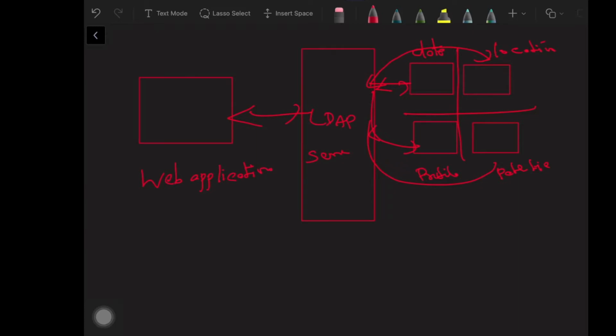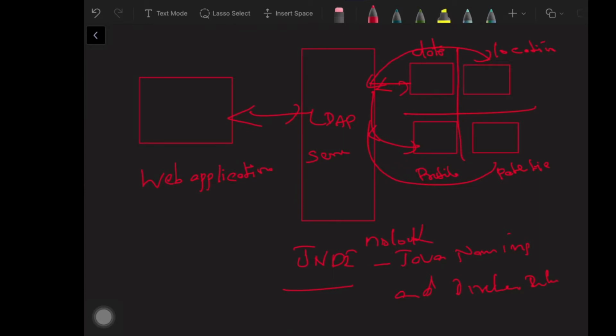How this is achieved is using JNDI services. This is the Java Naming and Directory Interface, like an NS lookup.